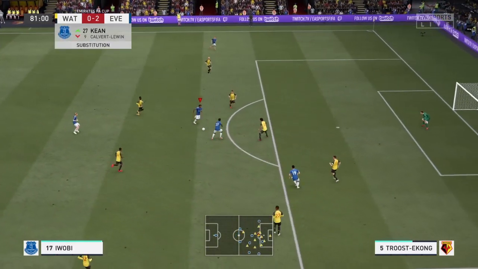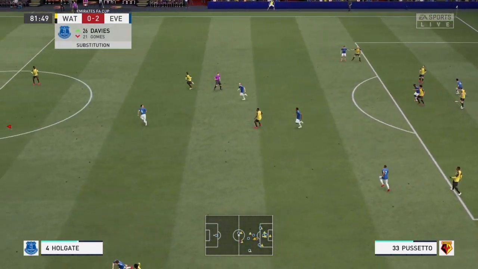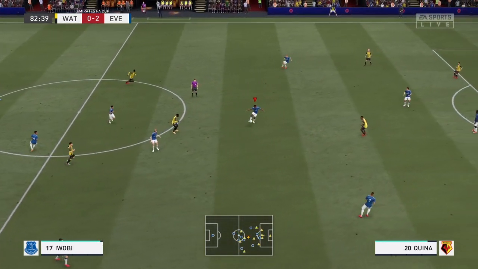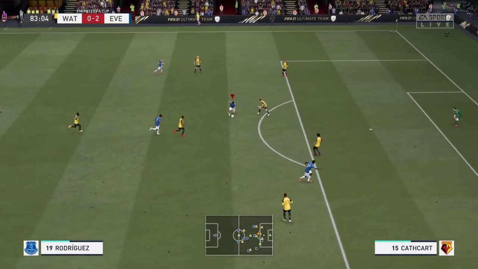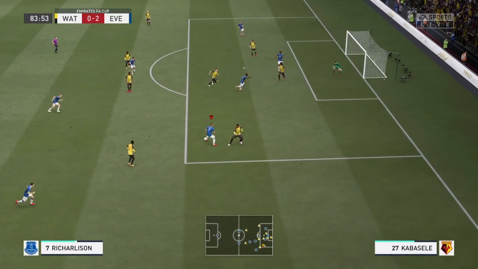Alex Iwobi's got a bit of space there. Lovely first touch there. Looking for James Rodriguez, but only finds Ben Foster. Hopefully we can win that header with Mason Holgate. We do. Get there for me, Tom Davis. He does. James Rodriguez. Surrounded by